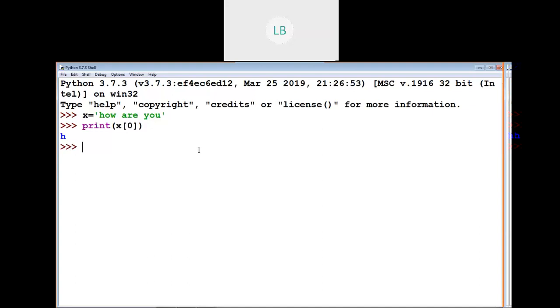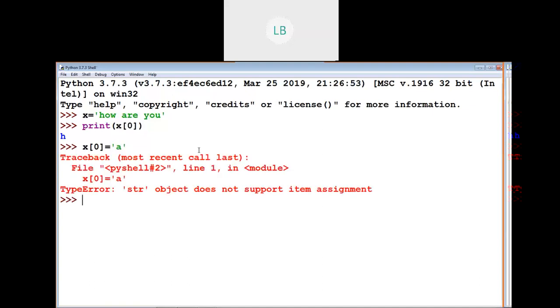But we cannot change the character in a string. We try to write like this. We'll get an error: object does not support item assignment. So modification is not allowed in Python.